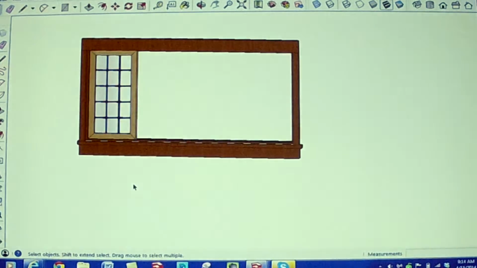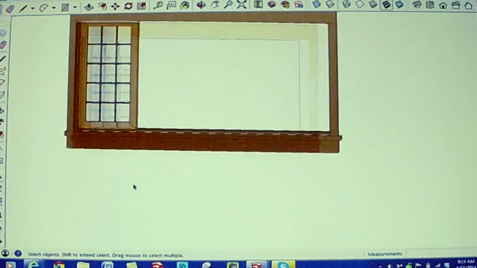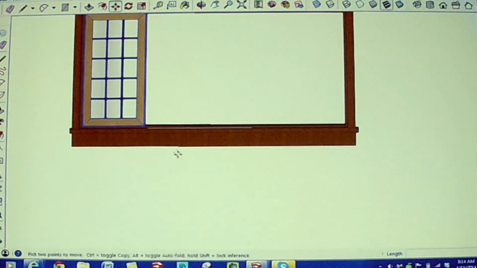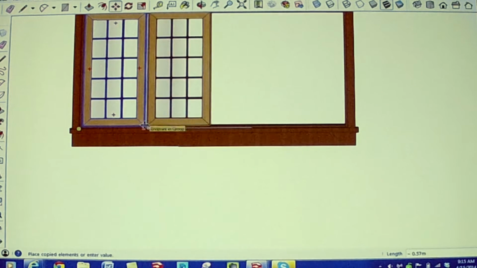And now I'm going to copy that over 4 times. So I'm going to select the window. I'm going to hit move with control. I'm going to make sure I'm on the end point in the group. I'm going to move it over until I snap to,